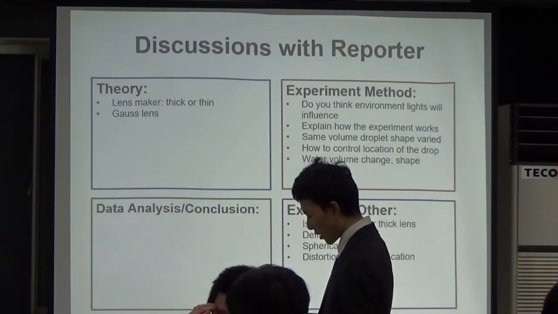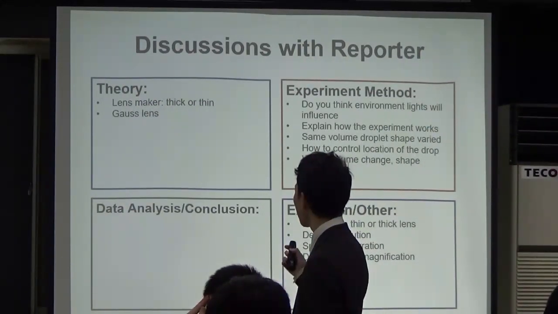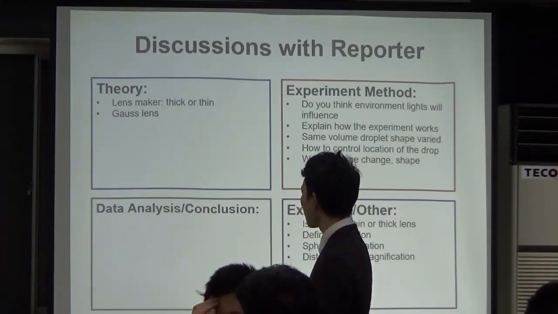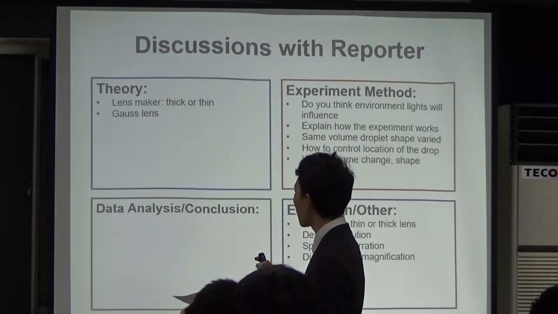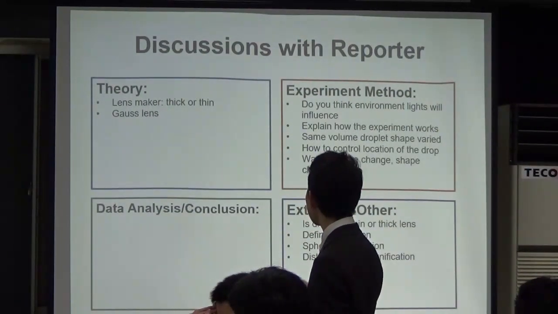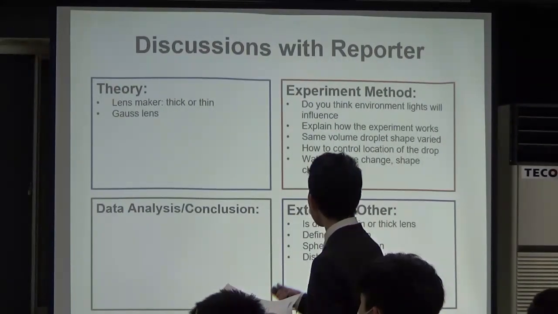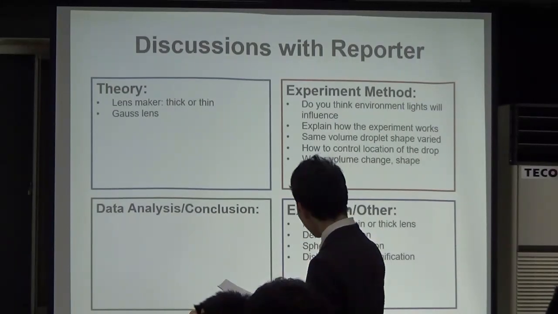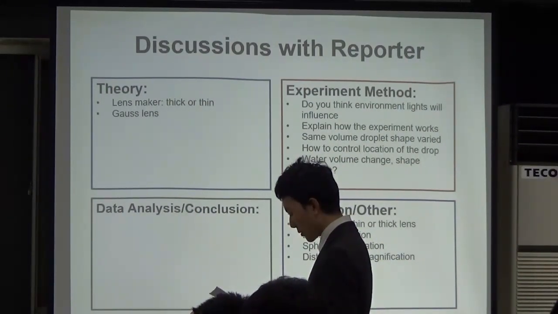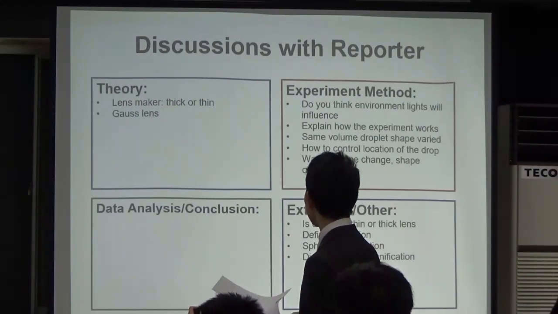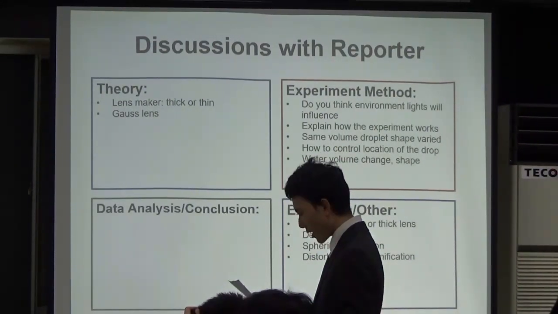And the point I want to discuss is the lens maker formula, because the lens maker formula is specifically used for one kind of lens, and I want to also ask about their understanding of the Gauss lens formula. And for the experiment method, I want to ask whether they think that environmental light will affect some part of the experiment. I want to ask how much they know about how this experiment actually works,